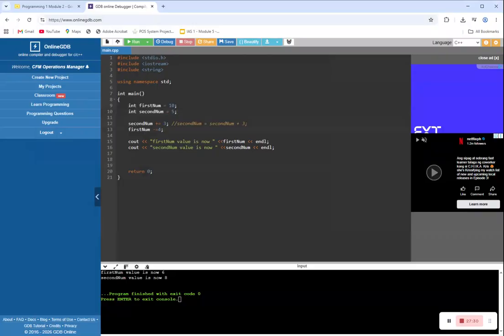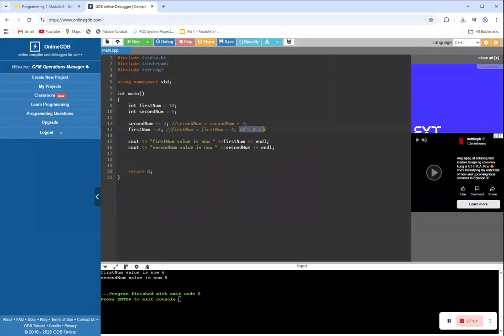So that's firstNum is equal to firstNum minus 4. Tama. Minus 4, so that would be equal to 10 minus 4 is equal to 6.